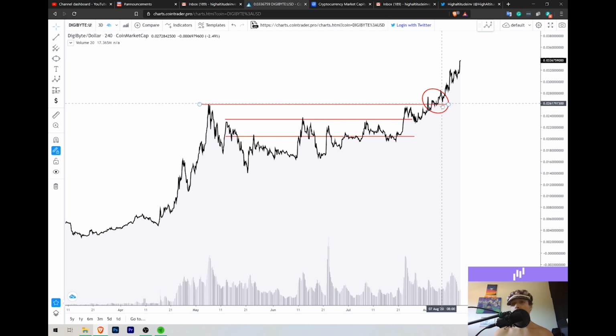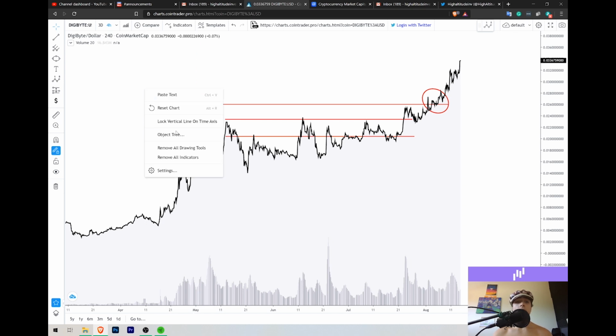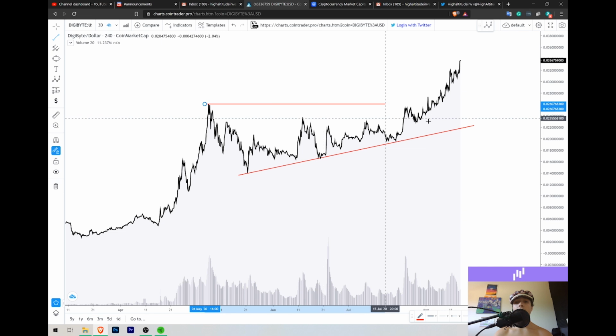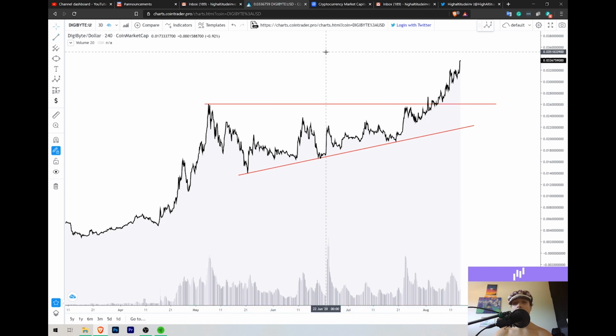That was about 2.6 cents per Digibyte, and that was really confirming our breakout of major resistance on the smaller time frames. Now, if we look here, you can see that there are ascending support levels. The supports were all ascending in nature. We came down, we tested support, we tested support, we tested support, which makes this a very, very large ascending triangle pattern. This ascending triangle pattern is a powerful trading pattern, one of the very first trading patterns that